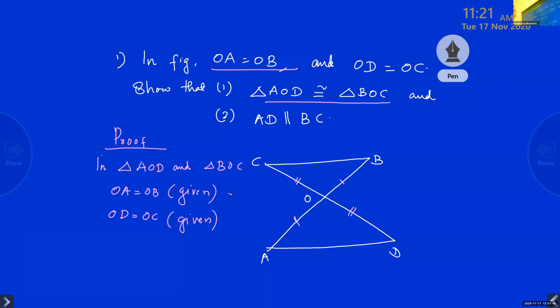Now, how can you prove this? What do we have to prove? They are congruent. How can we prove they are congruent? Which criteria is suitable here? Ma'am, S. See, children, this is one side, yes. This is another side, yes. So which is suitable in this? S we got. So in between, is anything there?